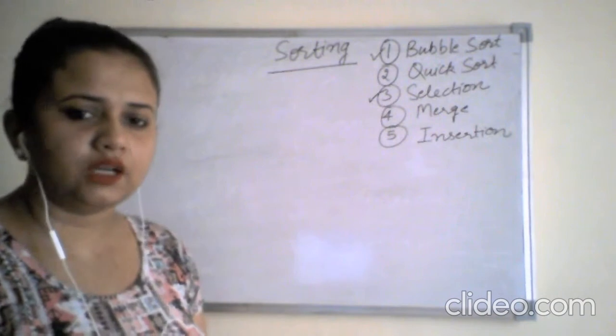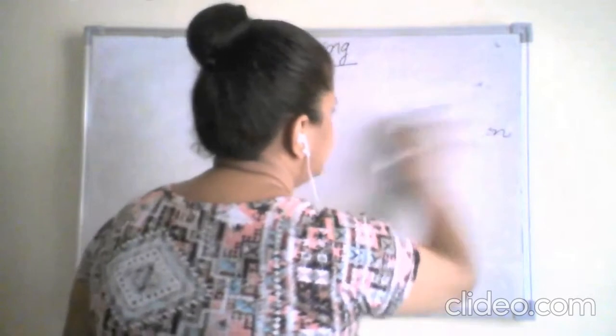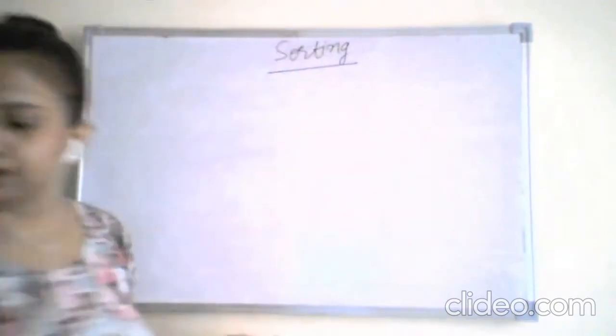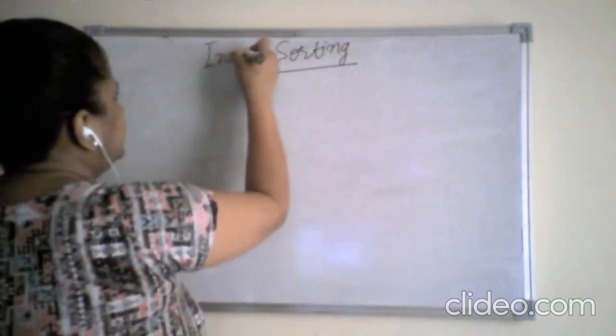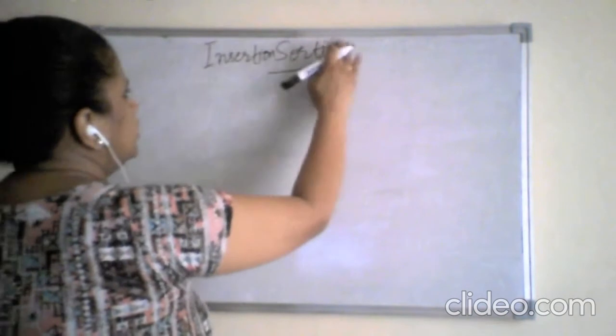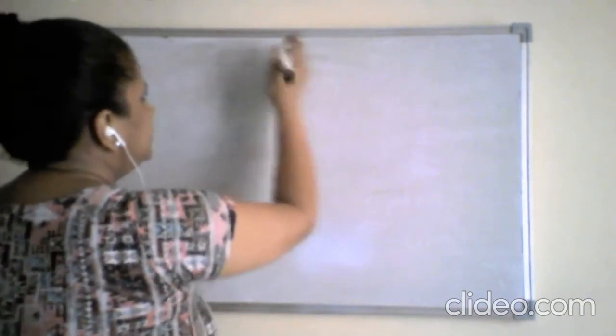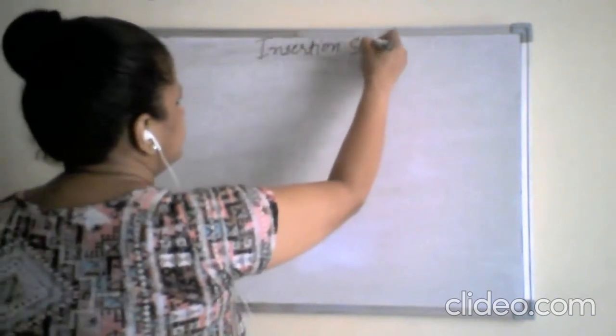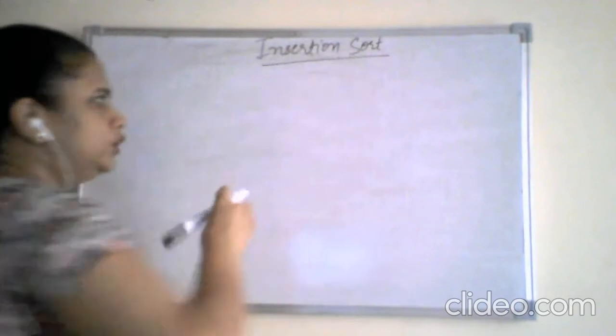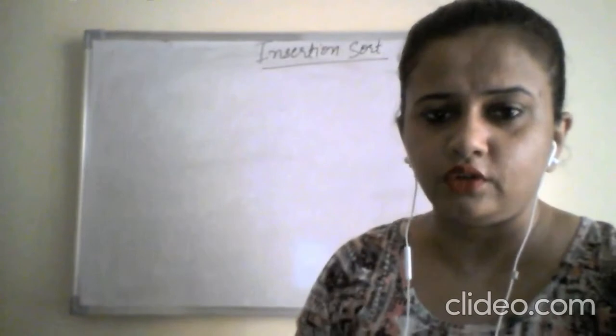So in today's class, we will start with another type of sorting. We have done bubble sort already, selection sort is already done. Now let's discuss another type of sorting, that's the insertion sort. So in today's class, we'll do the insertion sort. Before I go into the algorithm and discuss the example with you, I'll give you a few real life examples where you use the insertion sort for the proper arrangement of your data.